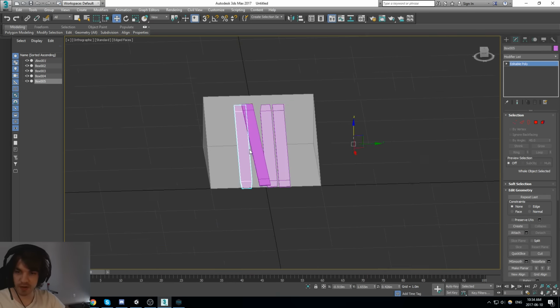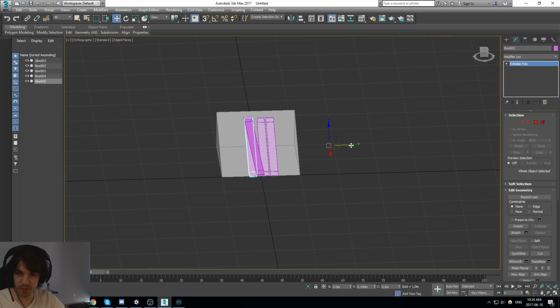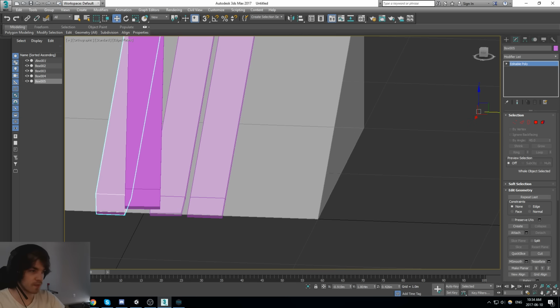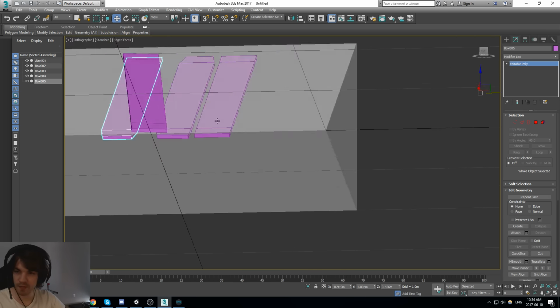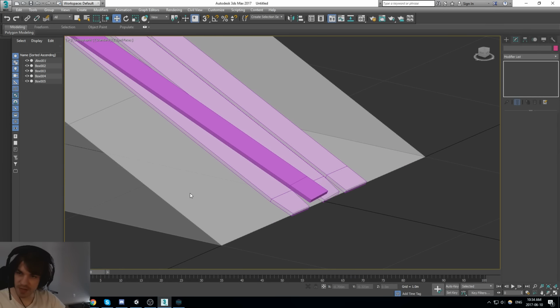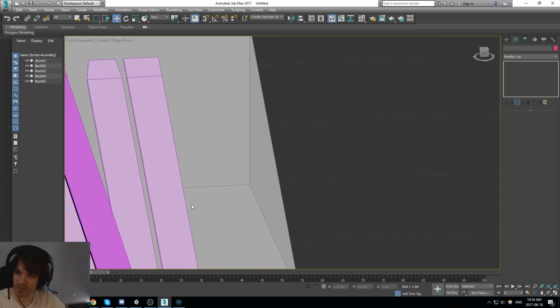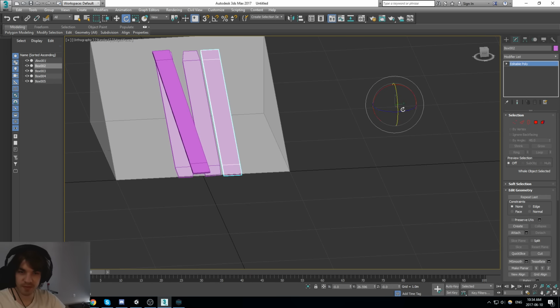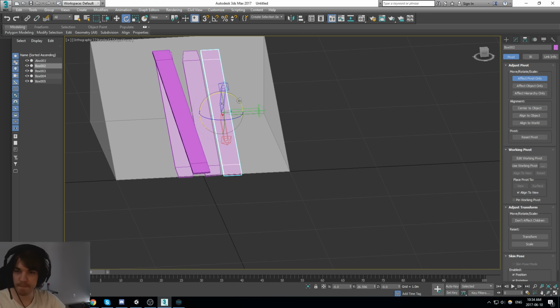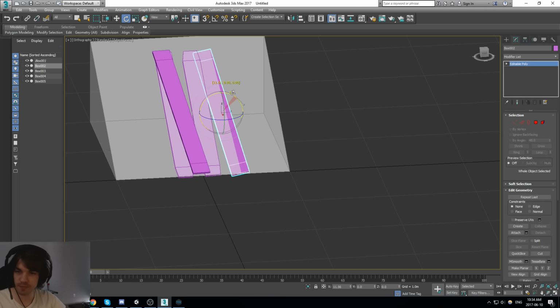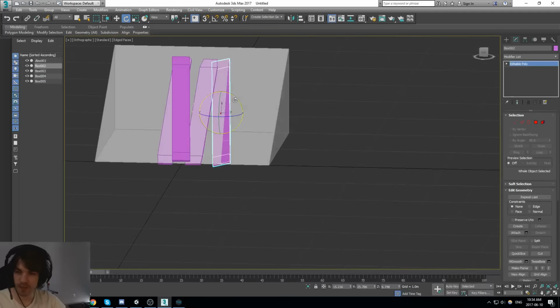Let's put that right here, move it a little bit below. Does that make sense? It looks like it does make sense just a little bit. And this one can be tilted on this side. Oops. Ah, messed up.